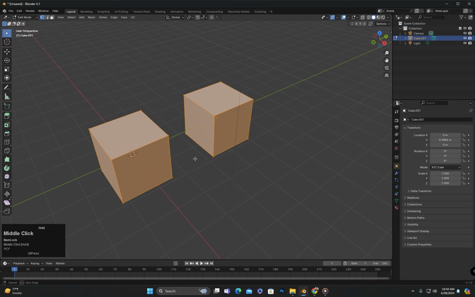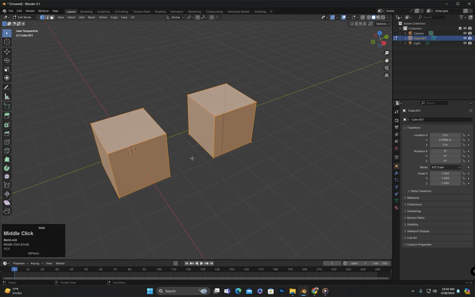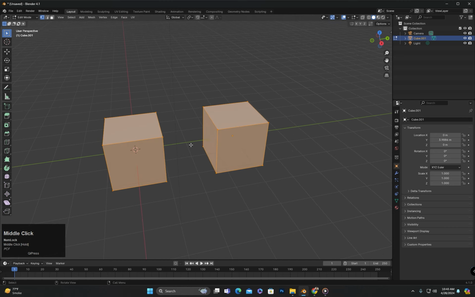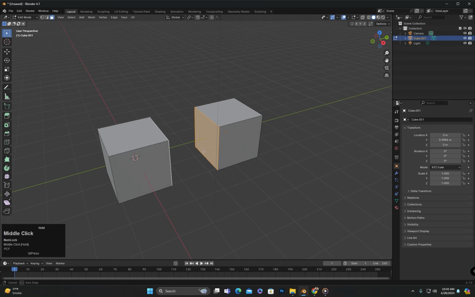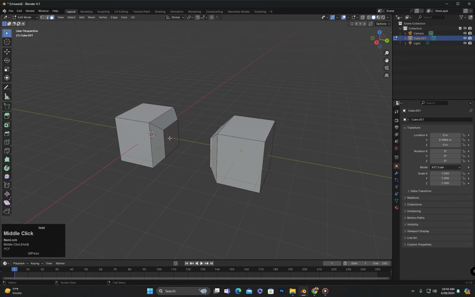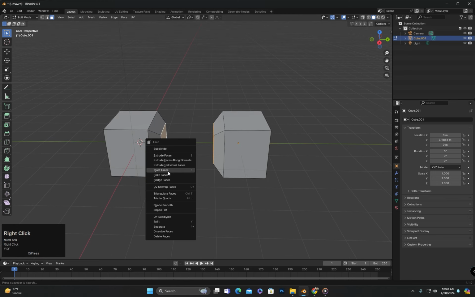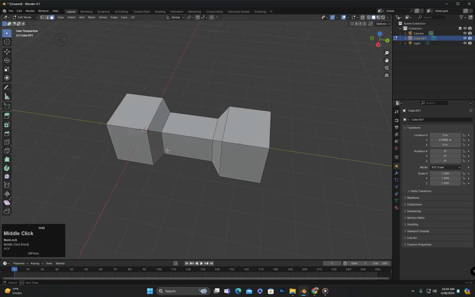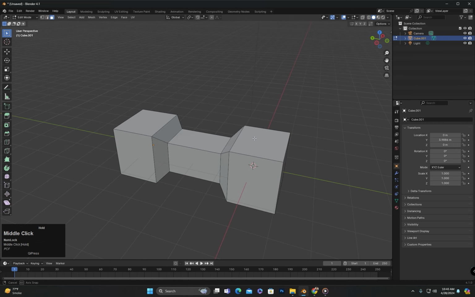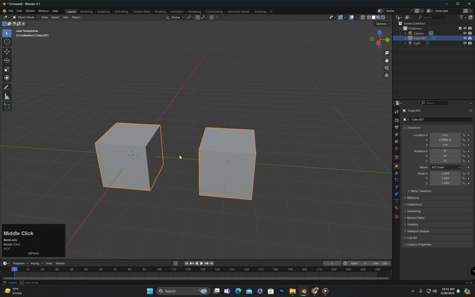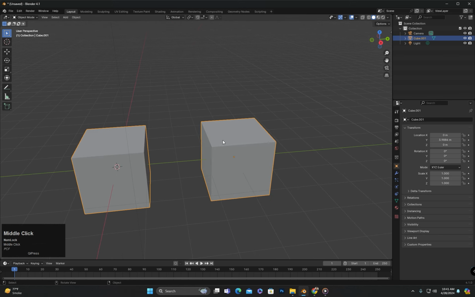You might wonder why we need to join objects. The answer is that Blender offers several tools that work on two objects when they are joined. For example, if I select these two faces and bevel them, and if I use the face bridge tool on these two faces, they will merge, forming the desired shape. If these two objects were not joined, we would not be able to use the bridge tool on the two faces simultaneously. To join objects, we select them and press Ctrl plus J.